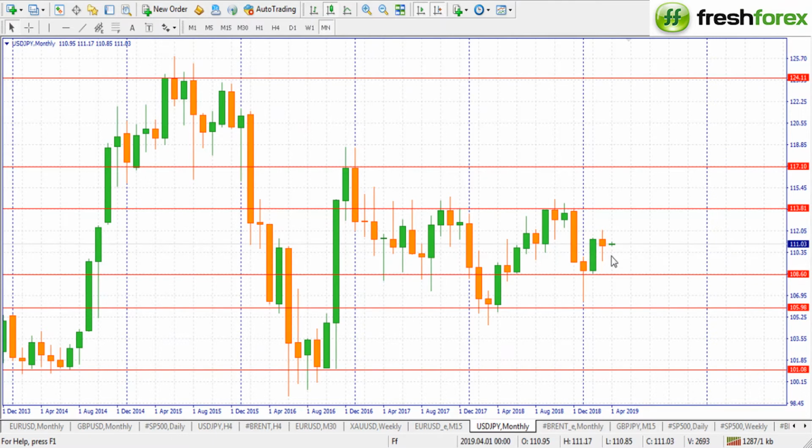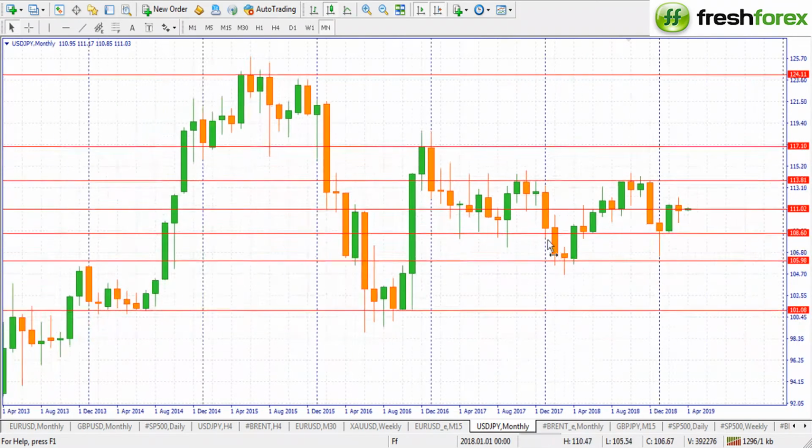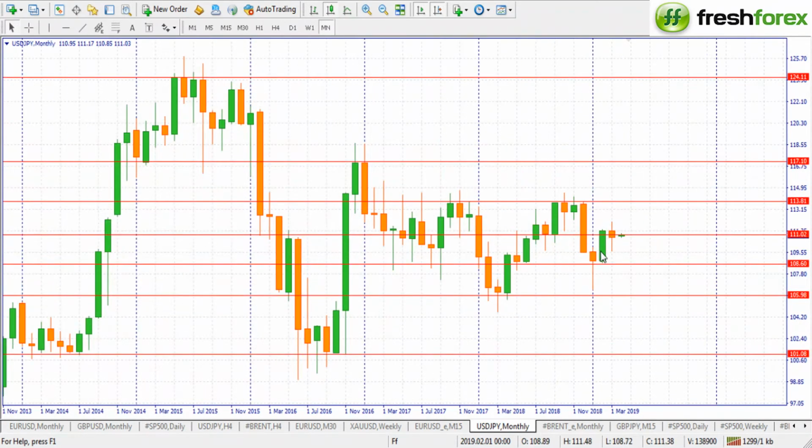So based on this pin bar, we recommended a buy. Then that buy actually took price above this level, which was a clear level somewhere here. So this pushed price up. Then the previous month's candle, which was March, actually pushed price lower, but we are still somehow around this zone,